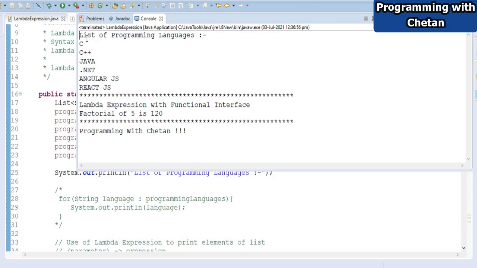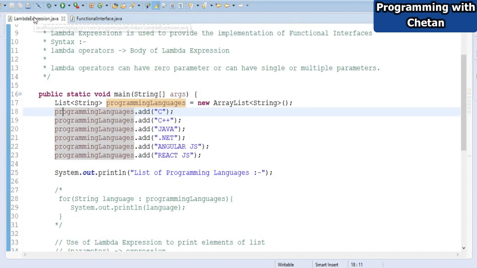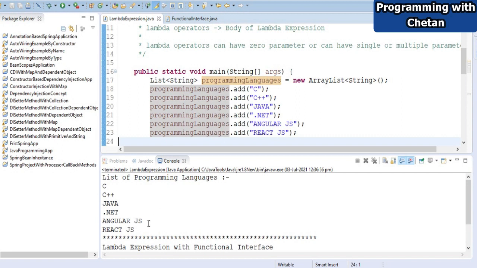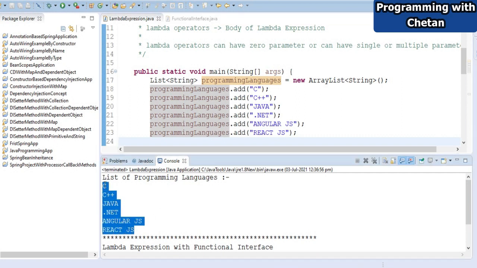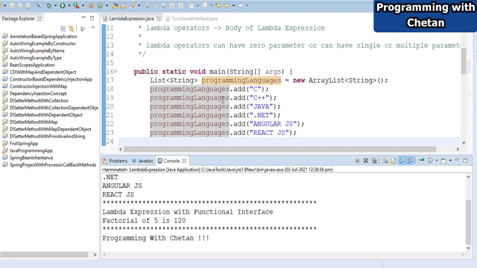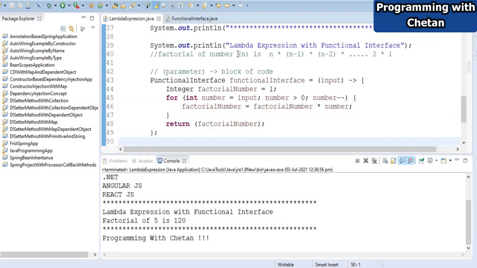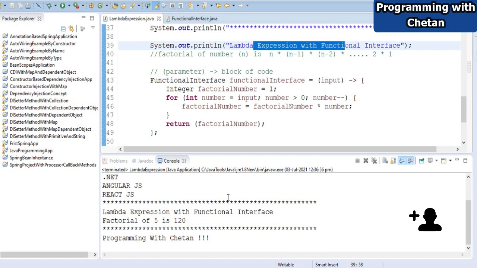Here you can see that we are getting the list of our programming languages which we have defined here, that is C, C++, Java, .NET, AngularJS and React.js. Then we are printing this statement, that is lambda expression with functional interface.